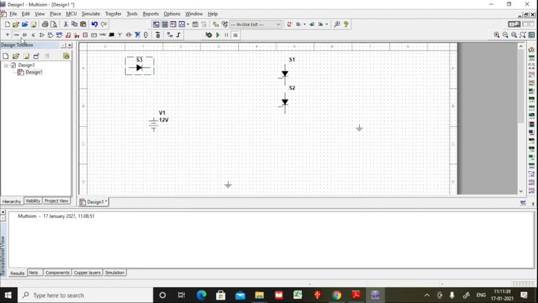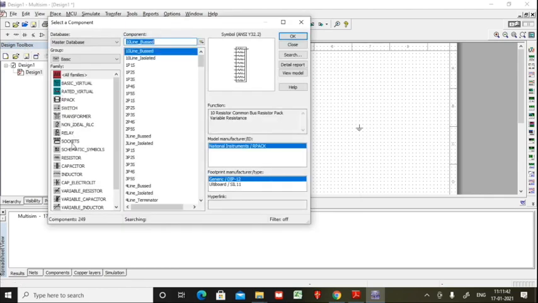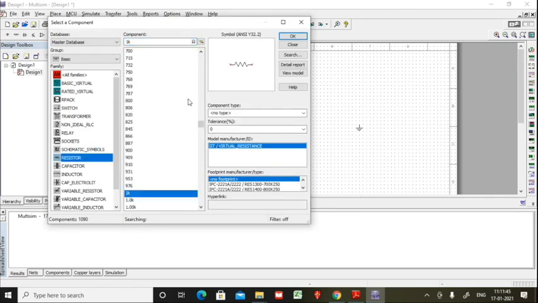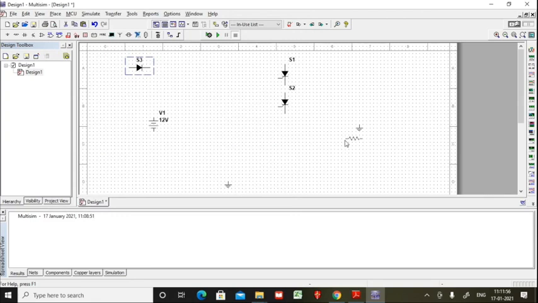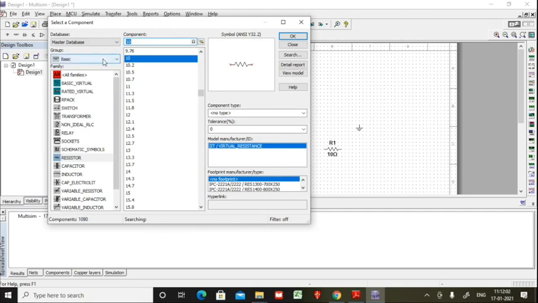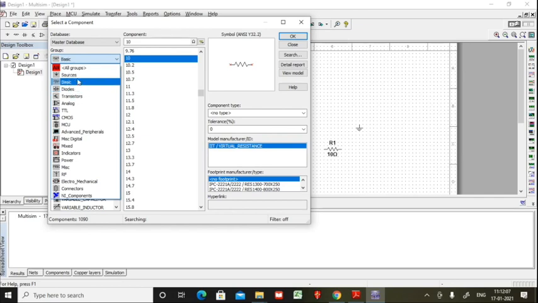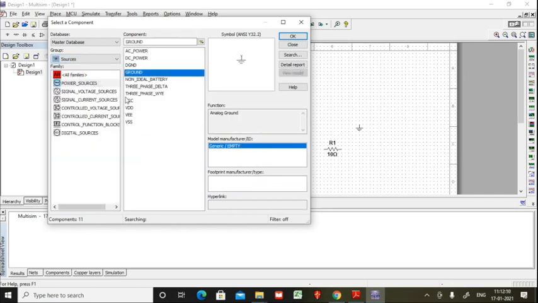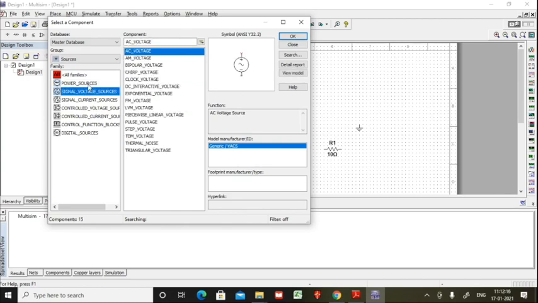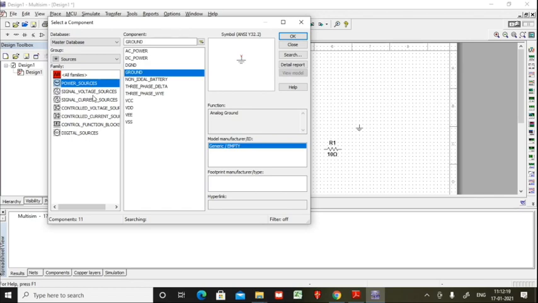Then we need a resistance of 10 ohm as a load. Take a resistor and choose 10 ohm. Values are there, and you can easily find 10 ohm. Click that and place it somewhere at the load side. Then you need a pulse generator, from Sources.